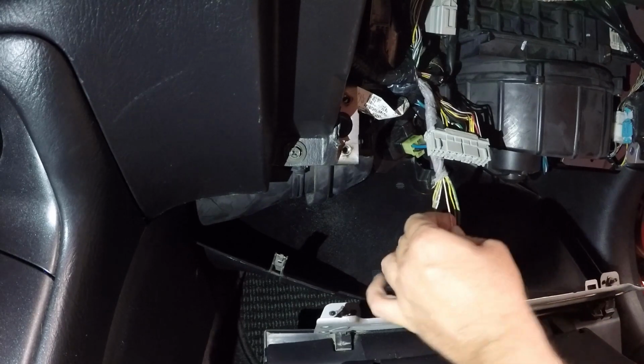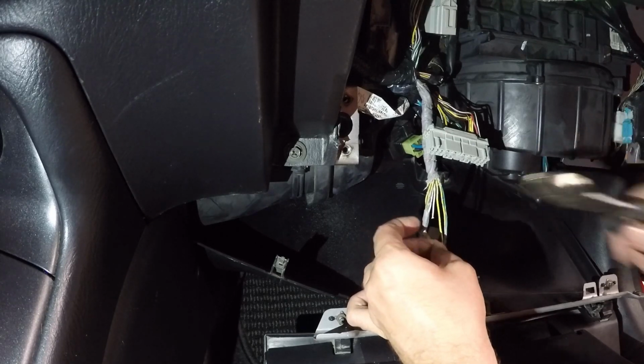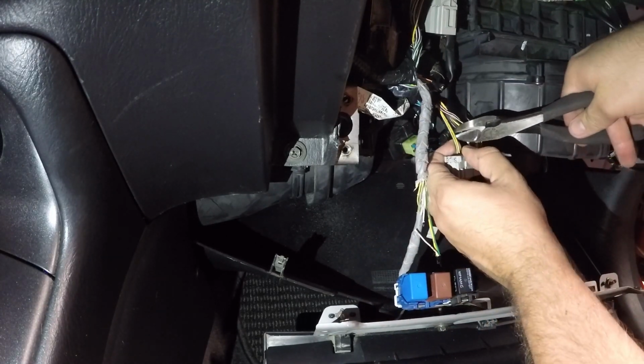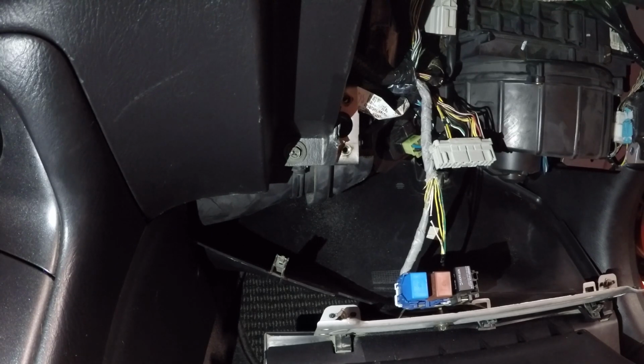Alright, so here we go. This is the kind of scary part, cutting these wires. So it's this one here. We'll snip it about here. So that one's cut, and then it is these two on the plug. Right there. So it's been done now, and I believe we are supposed to tape up